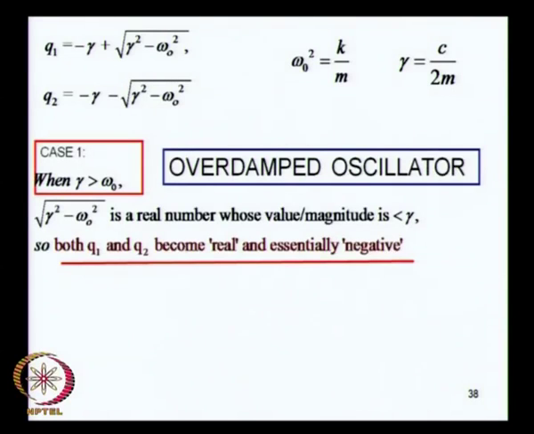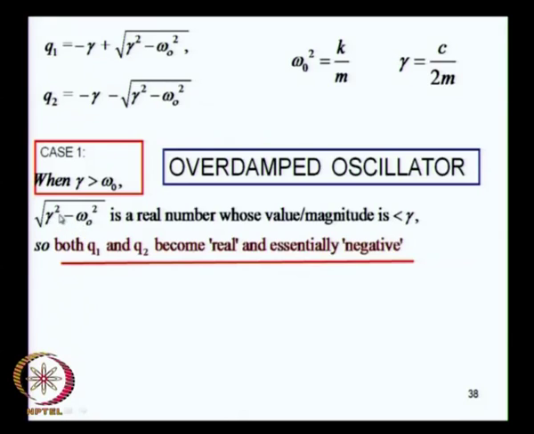So, we will now consider the case when gamma is greater than omega 0. This case gives us a damped oscillator, which is in fact called an overdamped oscillator, and I will explain why it is called an overdamped oscillator. So, let us consider this case. The first case is when gamma is greater than omega 0, and in this case the square root of gamma square minus omega 0 square means